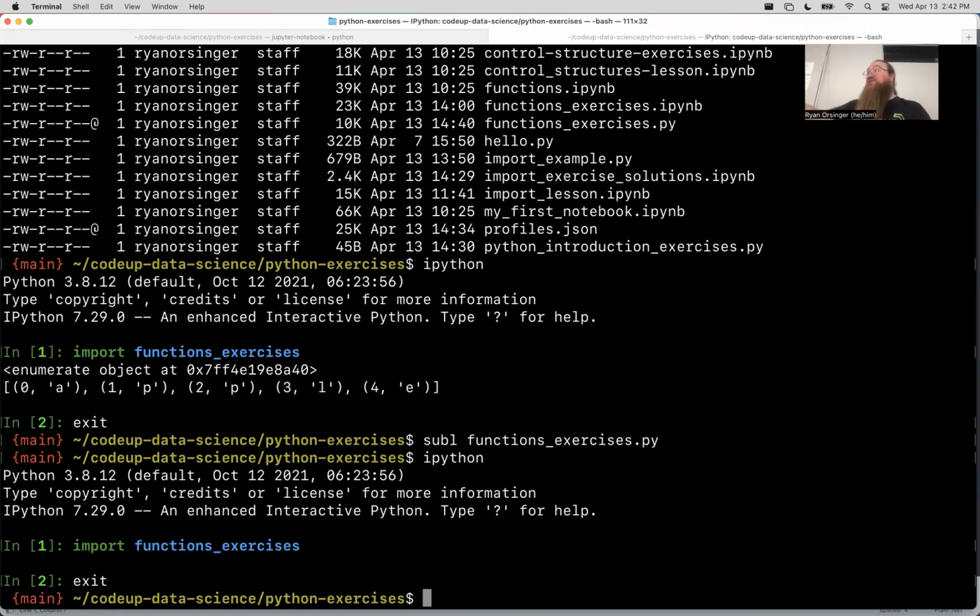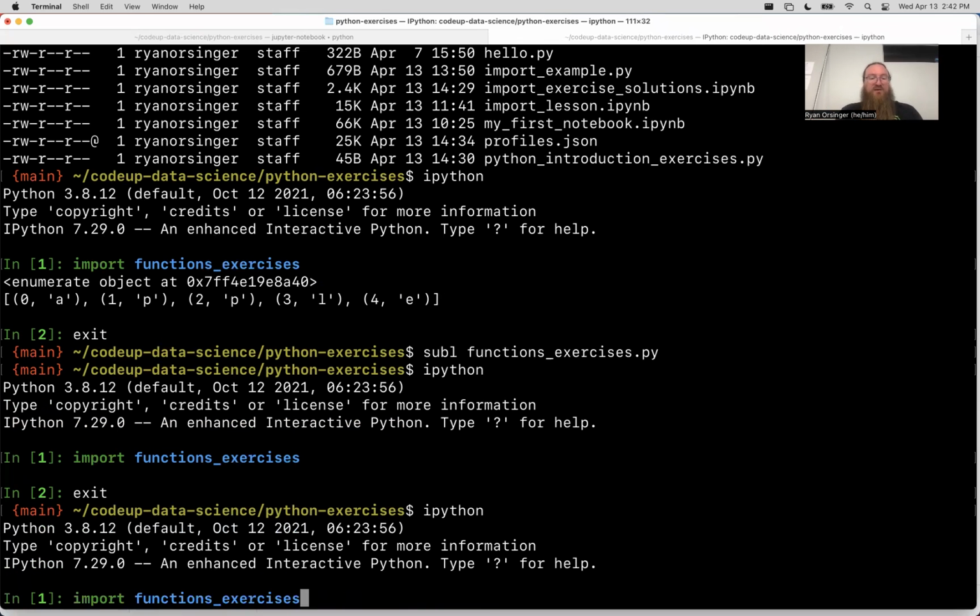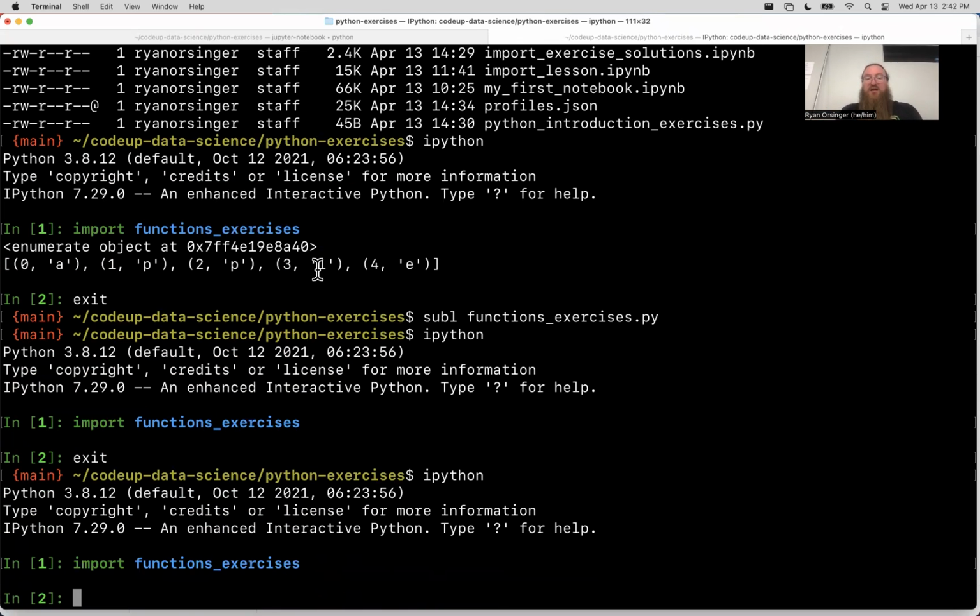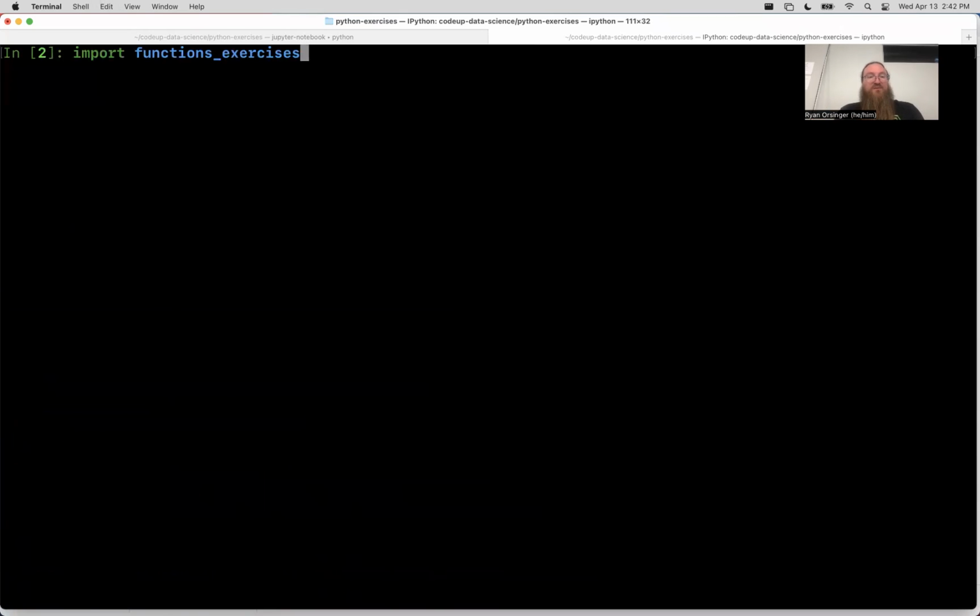I realize we introduce things and say, hey, put print everywhere. But as we make more mature software, prints aren't going to be everywhere. Yeah, with Command F, which will work in VS Code, it'll work in Jupyter Notebooks, it'll work in any editor. And once we're in IPython with those functions exercises imported,